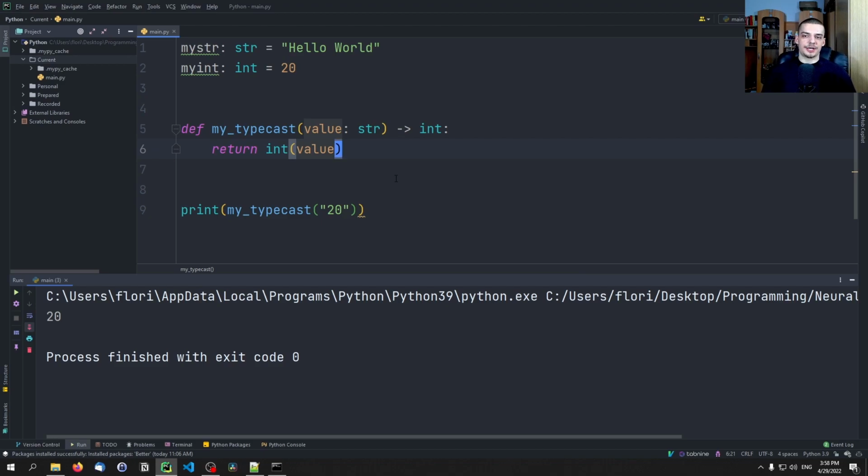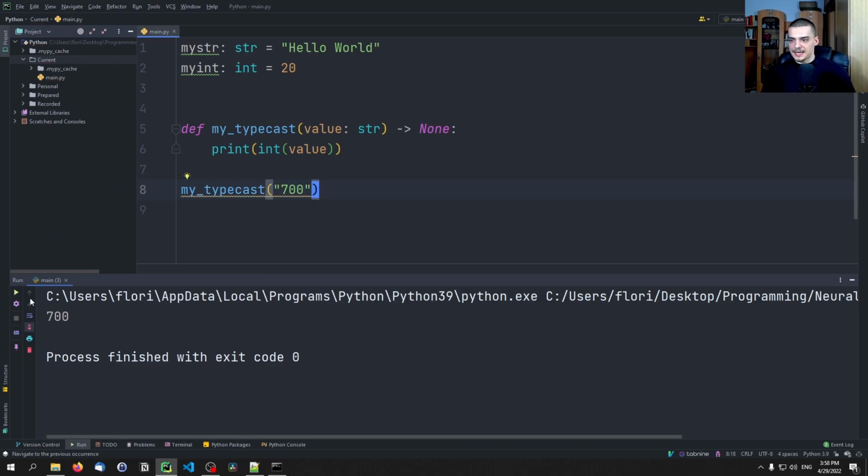What you can also do is, for example, if we don't return that, but if we print the result here, this function doesn't return anything. So what you can do here is you can just say the function returns None. This is the same, of course, as just doing that, but it's more explicit. And as we know from the Zen of Python, explicit is better than implicit. So this is more professional, to just say, okay, this function doesn't return anything. So at least we know for sure. And I think one space is missing here. And then we can just go ahead now and say my typecast, and I can apply this on 700,